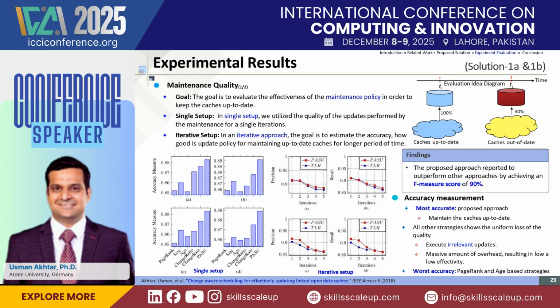Let's dive into the results, starting with the maintenance quality. Our goal here was to evaluate how well the maintenance policy keeps the cache up to date. So we measure the F-measure score. We combine precision and recall to provide a single score of accuracy. Our proposed approach achieved an F-measure of 90% as compared to the other state-of-the-art approaches like page rank and